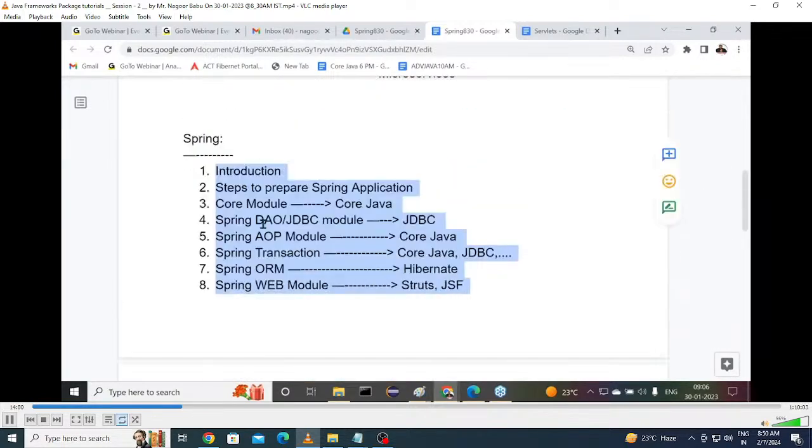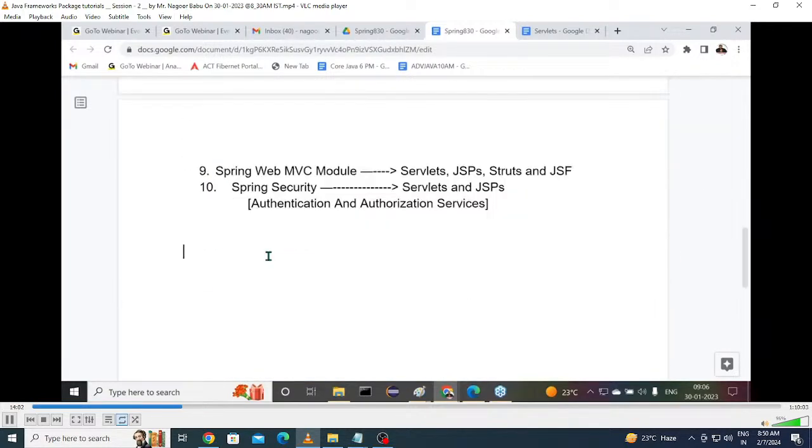After completion of these concepts, I will start with Spring Boot, then microservices. Now let's move on to the content, guys. All of you observe carefully. First of all, by using the Spring framework, we are going to prepare enterprise applications.